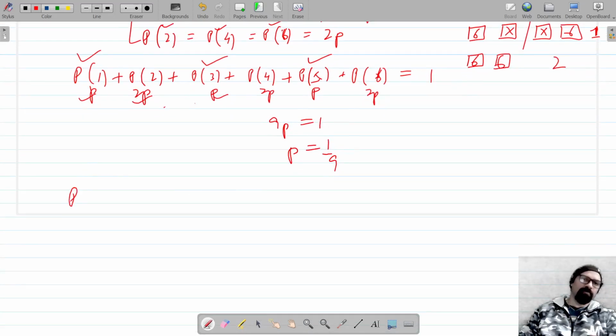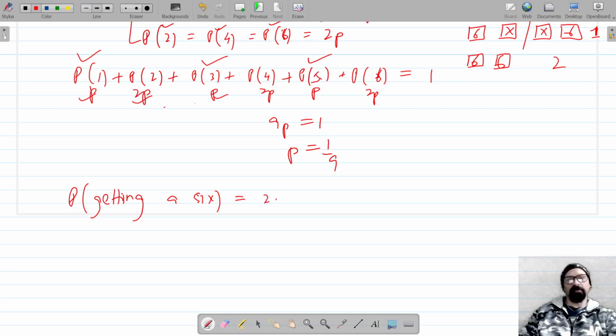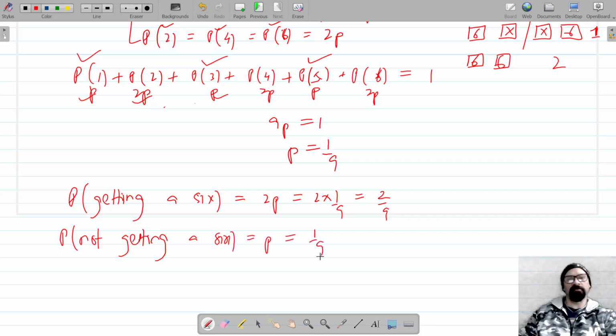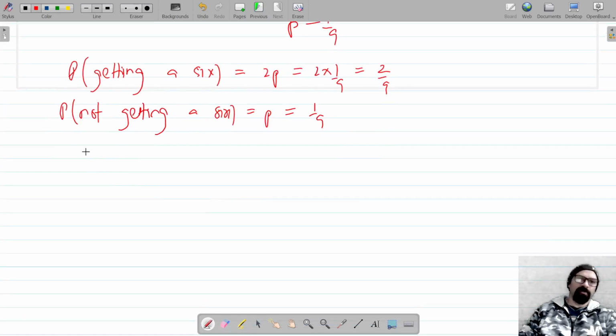Now, what is the probability of getting a 6? 6 is an even number, so it is 2P, and P is 1 by 9, so this is 2 by 9. Now, probability of not getting a 6 means we are getting an odd number, which is P, so this is 1 by 9. Now, a die is thrown twice,